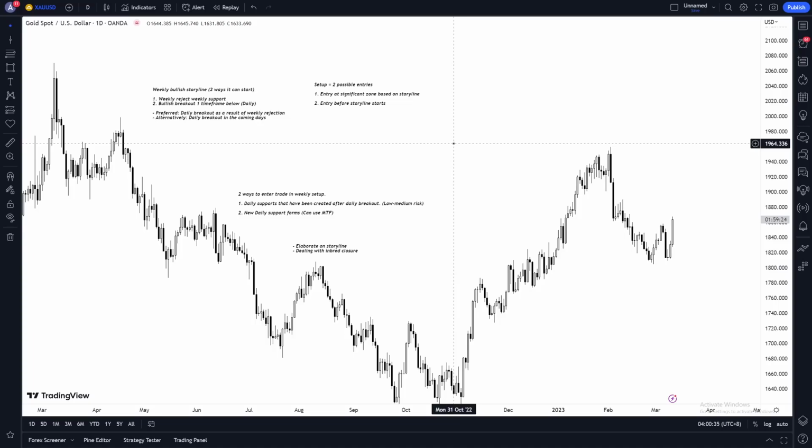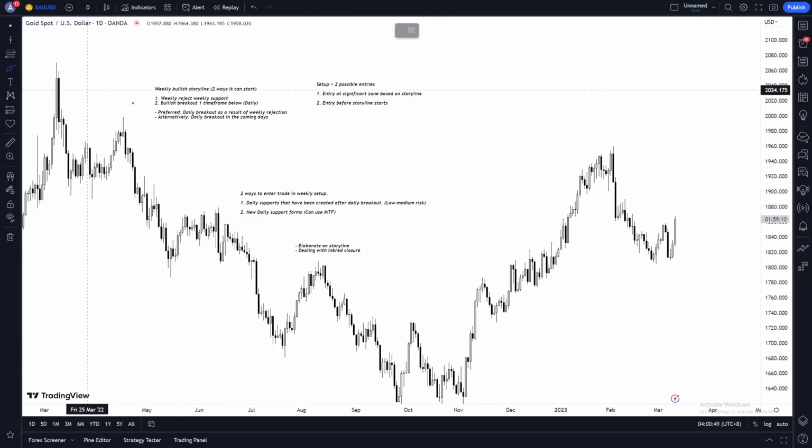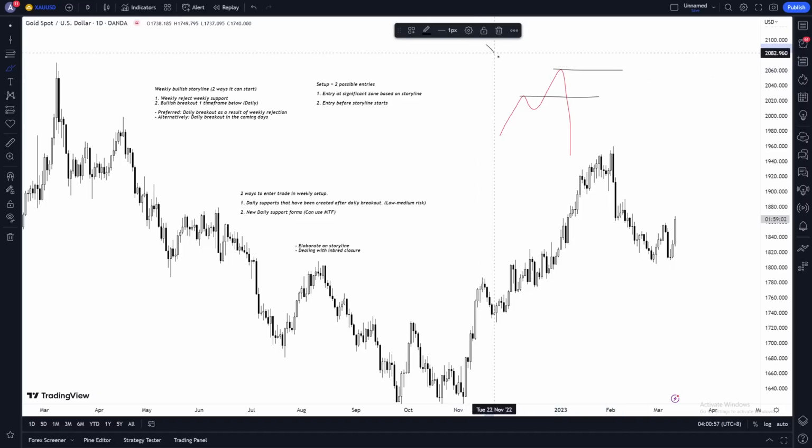Another way we can enter, now I'm already stepping into entries here, guys, so pay attention if you want to get ahead of the class here, if you want to call it that, right? So what do we have? Monthly reject, monthly, a weekly bearish breakout. We draw 2 lines at weekly left shoulder, draw another line at weekly apex, right? So like this, okay, we draw first line here, boom, we draw another line here, this is weekly.